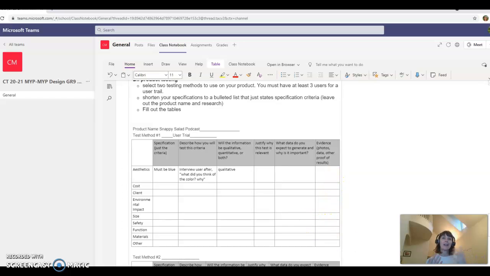So you are not dropping this evidence in yet. You haven't actually done the test. This is planning for the test. Tell me what kind of evidence you're going to capture. Will it be photos of somebody using your product? Will it be a recording of your focus group in which you have everybody listen or watch or use your product, and then you capture your data